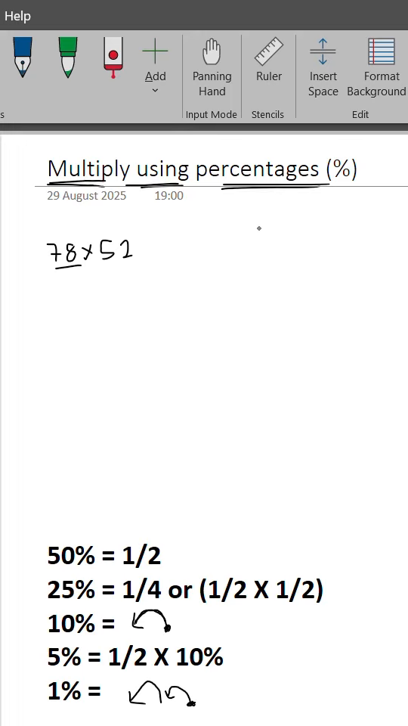How to multiply using percentages. So this trick will help you multiply two two-digit numbers or three-digit numbers or a two-digit and a three-digit number very, very quickly. So in this trick, what we do is we begin by assuming one of these numbers as